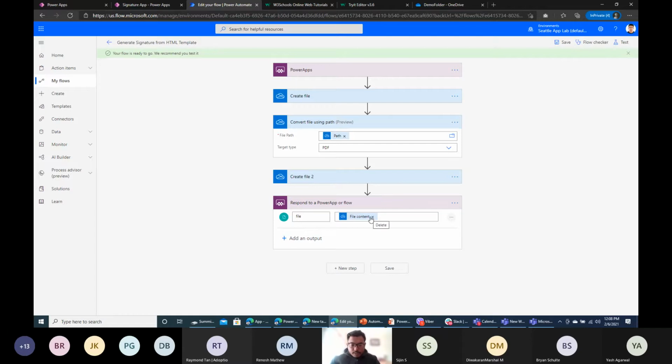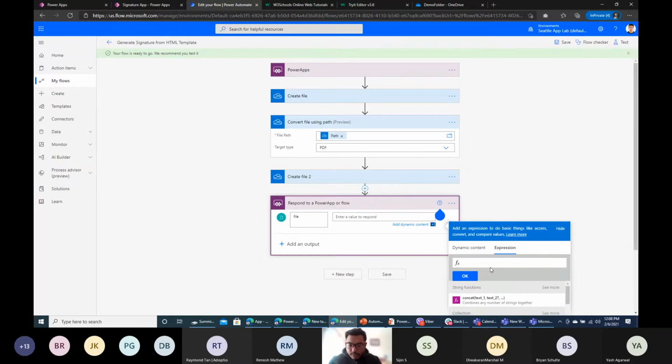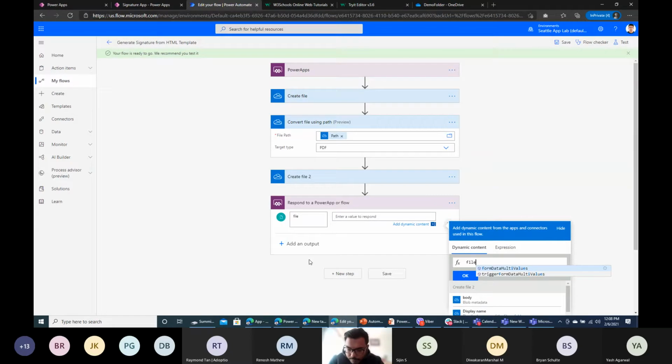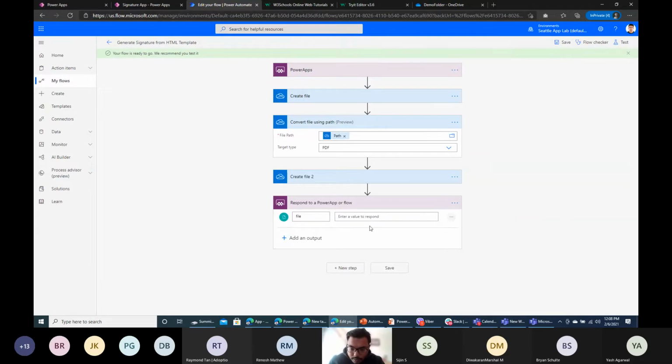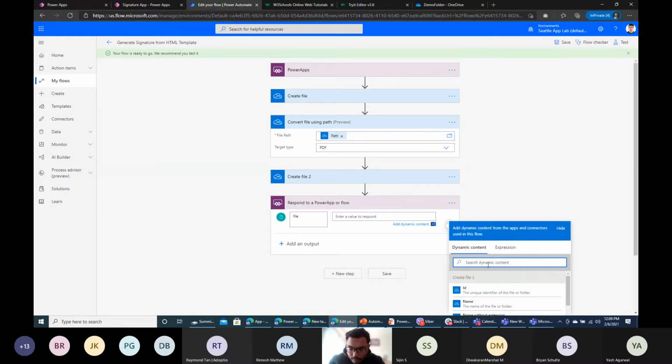Now this file content will not work because it has not just the content of the file, but also its file name or file path and everything. But what I need is just the content. So what I do is cut this expression, go over here and put a file content again. We'll come to here. Search for file content,